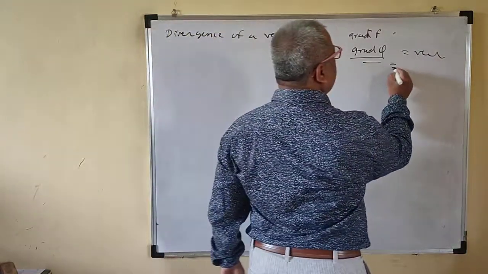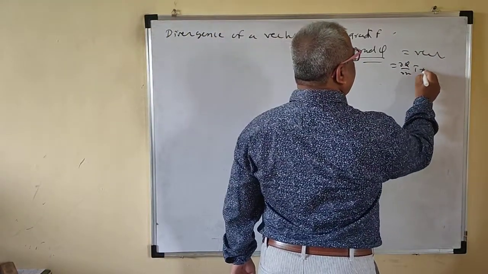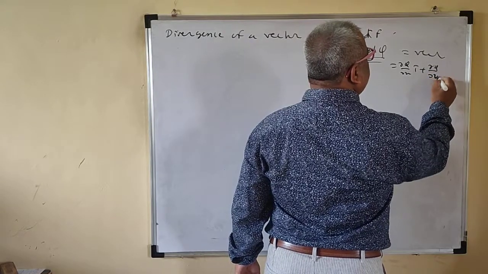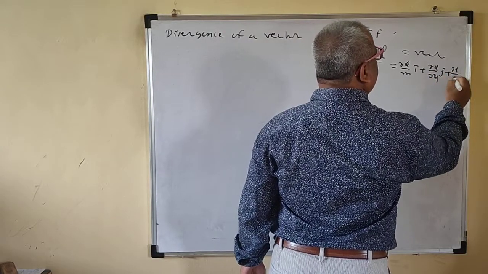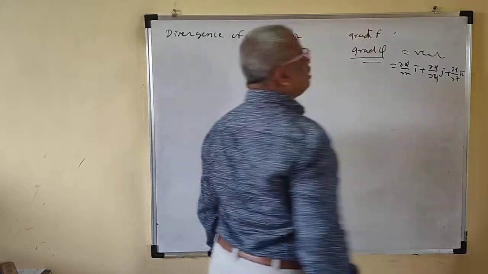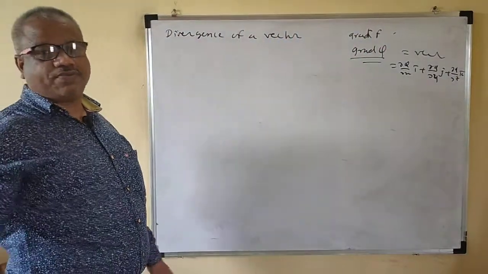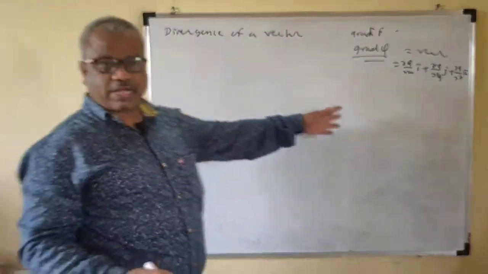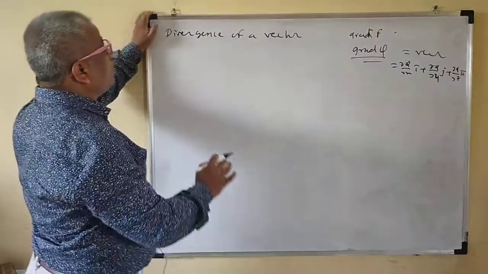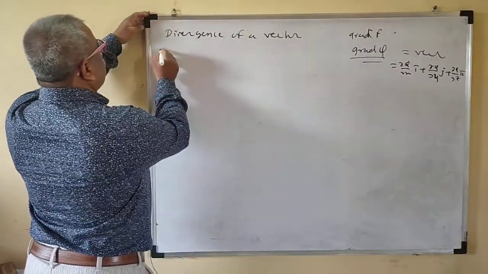Okay. So this is what? ∂φ/∂x i bar plus ∂φ/∂y j bar plus ∂φ/∂z k bar. This is the gradient of the scalar point function. And curl of a vector, we have just seen. Divergence is what? So for divergence...